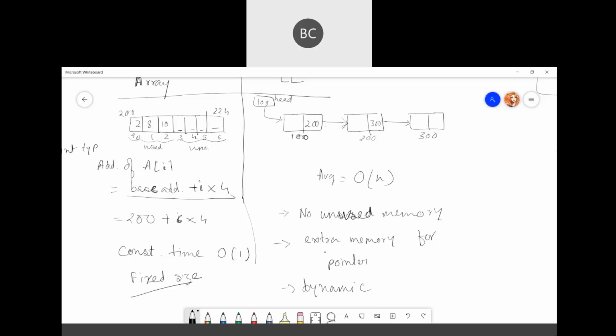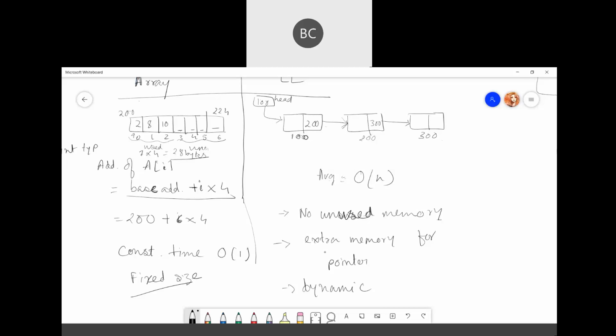So if here we have, like, 7 elements, total size may be 7 into 4 bytes for integer type, 28 bytes. There are total 7 elements and each of them is integer type, so total memory requirement is 28.